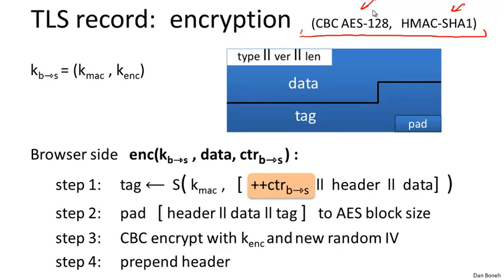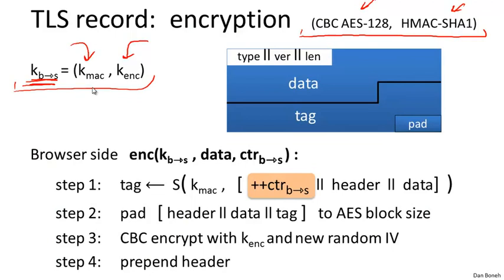Okay, so let's look at how the browser sends data to the server, which, as I said, is done using the browser to server key. Now, the browser to server key itself is made up of a MAC key and an encryption key. Two separate keys that are, again, negotiated during session setup. And again, I want to be absolutely clear, there is a separate key for browser to server and a separate key from server to browser, so that overall there are 4 keys: 2 MAC keys and 2 encryption keys, each one used in the appropriate direction.